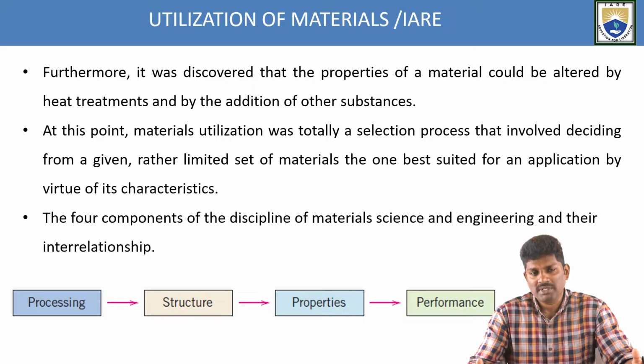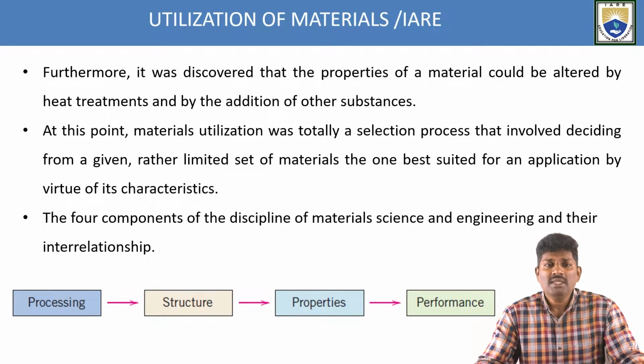How do we improve the properties? By doing the heat treatment process. Once you do the heat treatment process, we can easily enhance the mechanical properties of the materials. We have some raw material, and we heat this raw material to the recrystallization temperature. Then we add some additions to the existing material so that the properties of the base material can be enhanced. In this way we perform the enhancement of the mechanical properties of materials by the heat treatment process.